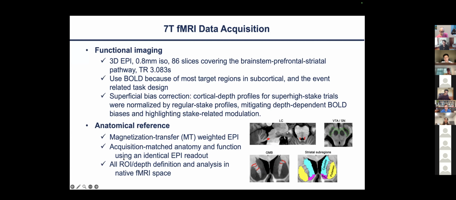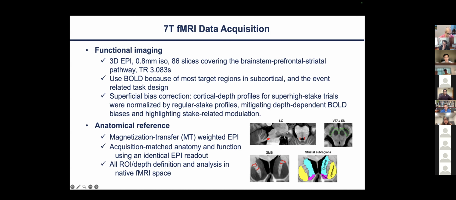So in our native fMRI space, for example here in the LC, all the background underlay is the MT-EPI image. It also gives us a very nice contrast in the subcortical region for us to define, for example, gray matter bridge, LC, and also the VTA. Here the middle is the red nucleus, both sides is the substantia nigra, so the VTA is in between, and this is LC. In previous studies we know MT is sensitive to neuromelanin, which can generate some contrast in LC, also in gray matter bridge.